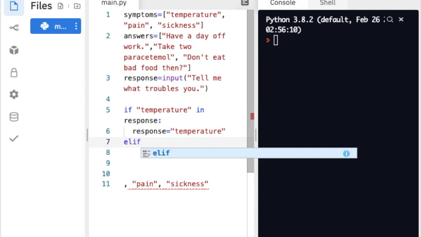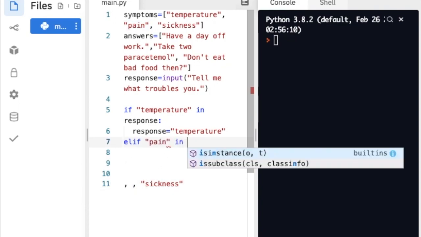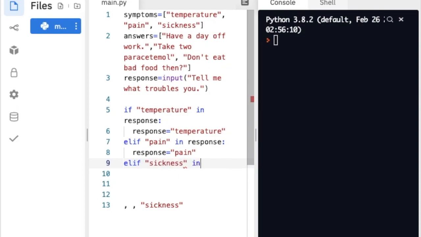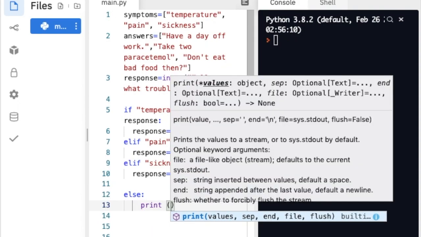Now we're going to use elif. And then we can have else down here, in which case the doctor will say something like,